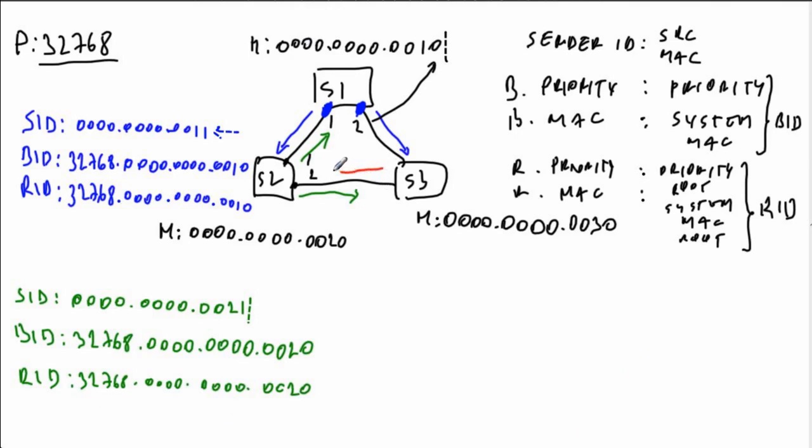Switch 3 is also doing its own BPDU transmissions, and let's say that this here is port number 2 and this here is port number 1. So what switch 3 is going to do, we are going to have the sender ID, let's say for the frames going to switch 1, so going over this link here. The sender ID is going to be all zeros,